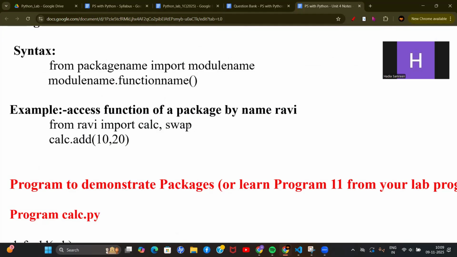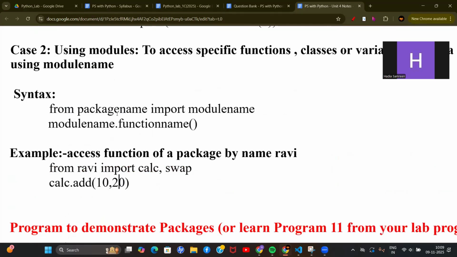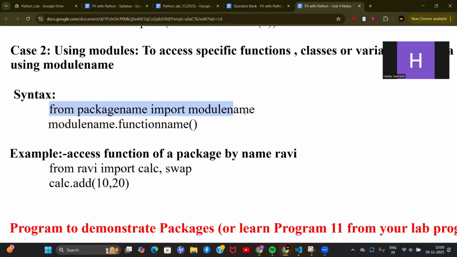Calculator is one module and swap is another module. Now from the calculator module, you can directly access the function add in your code. You need not mention ravi again, because you already wrote from Ravi and imported the module. So this is about case 2, when you import the package this way, it will be something like